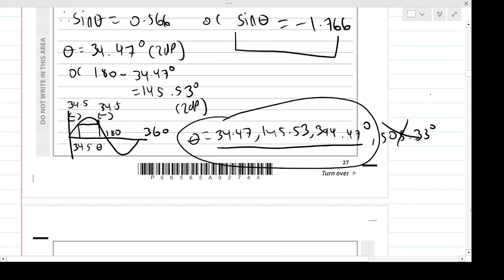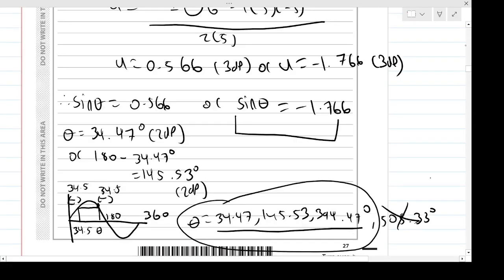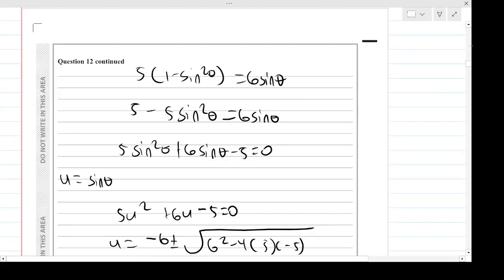Then part B. And also, if you didn't spot that, that's fine. If you did inverse sine of minus 1.766, you'd get a math error. So you know there's something not right there. Okay. Part B,